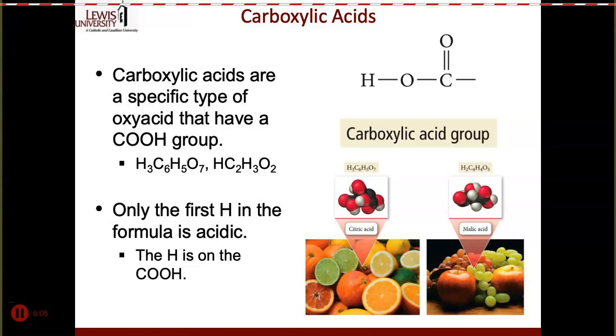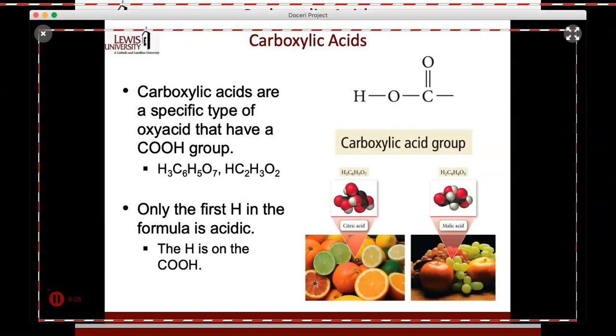Okay, so even though we have this COOH group, so we can write this carboxylate as COOH, the hydrogen off that COOH group, that's the acidic hydrogen, and that's the one we typically put out in front. Just for nomenclature's sake, we always list that acidic proton there first. Okay, so